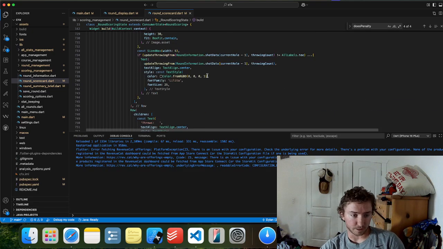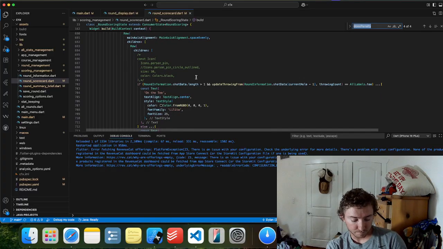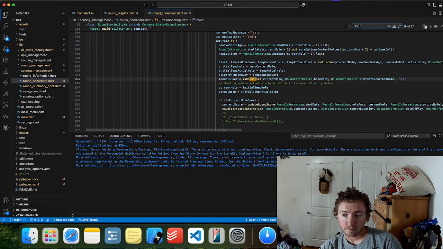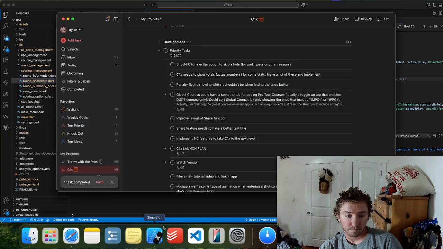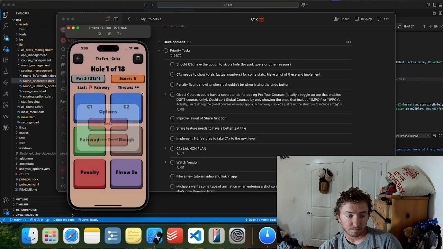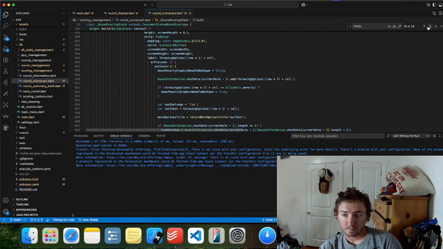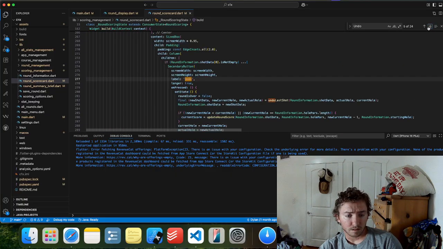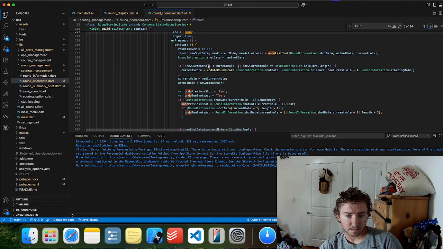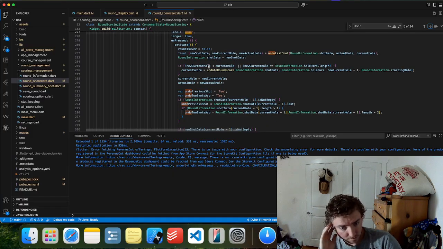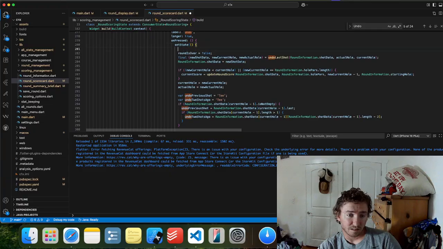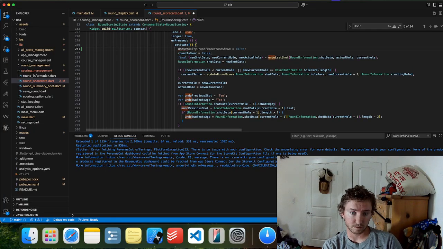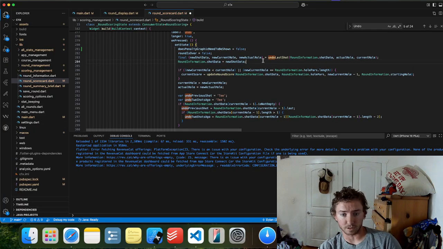Okay, so I need to go up to the undo button. Undo. All right, so somewhere in here, we need to reset. So we can do a does penalty graphic need to be shown equals false.